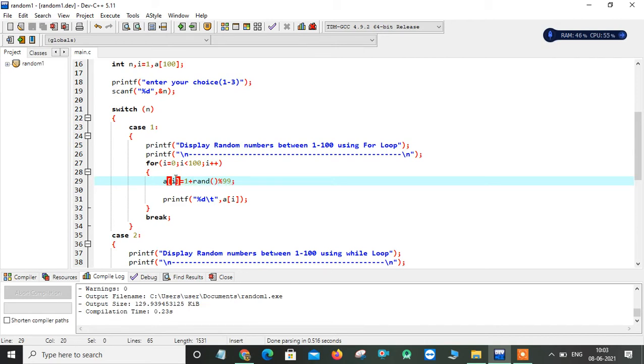Initially i equals 0, so for a[0] it will generate the first random number and place it in the a[0] position. After that i is incremented and becomes 1. So the condition 1 less than 100 is true, and it will run a second time. It generates the second random number, places it at a[1], and so on. It will generate 100 random numbers, and place the last one at index a[99]. After that i is incremented and becomes 100. 100 less than 100, the condition fails. Once the condition fails, it exits from the for loop.